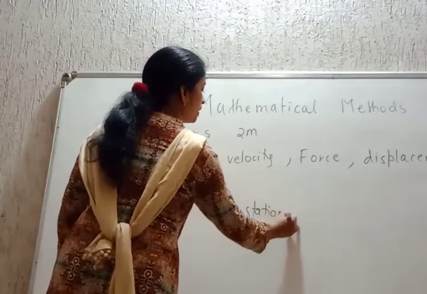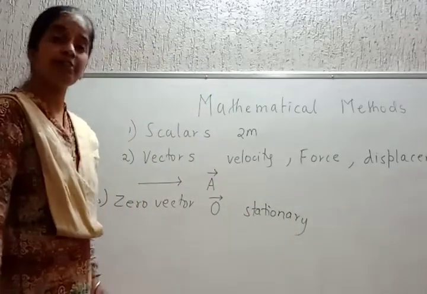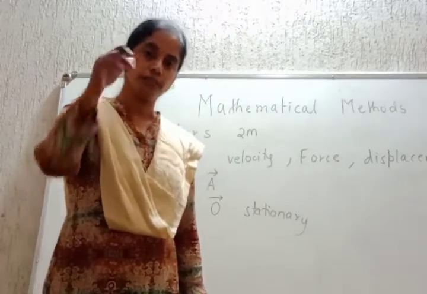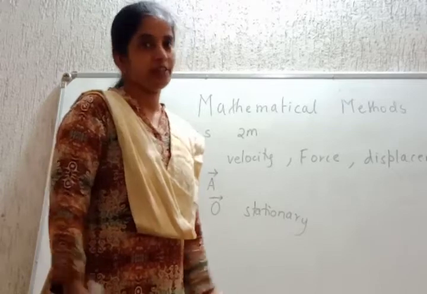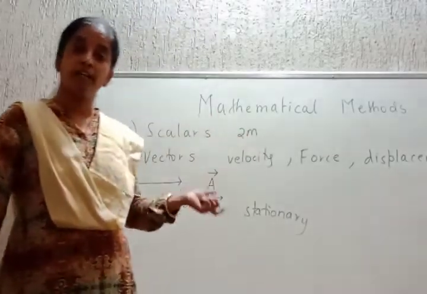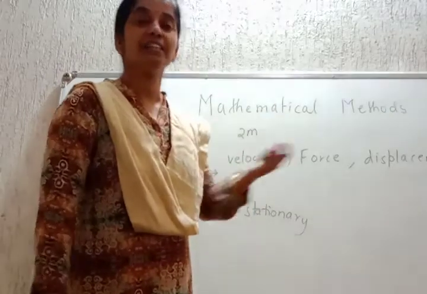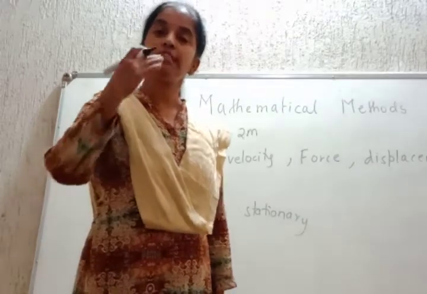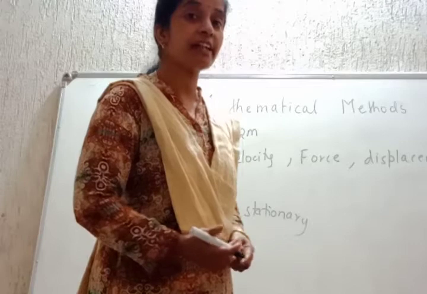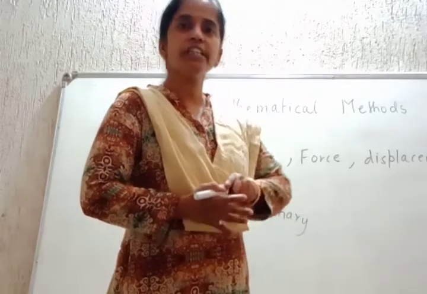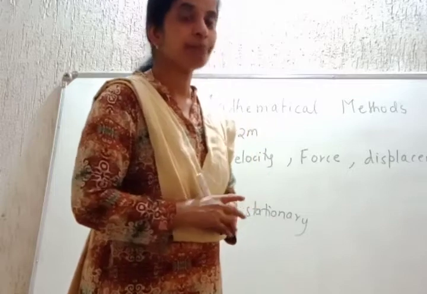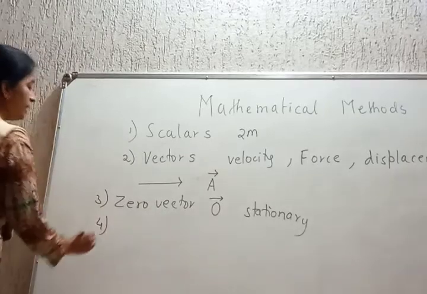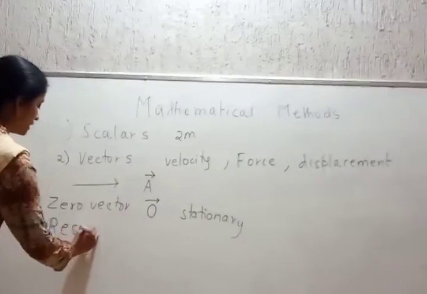If there is a stationary body, stationary means what? A body at rest. If you want to measure the velocity of a body at rest, what is the magnitude of velocity? 0. But it has direction. So, a zero vector is a vector with zero magnitude but a particular direction. Next, you take acceleration of a body moving with uniform velocity. Suppose its velocity is constant. What is acceleration? Change in velocity. Velocity is not changing, means acceleration is 0. That can be called a zero vector. Definition number 4. Concentrate. Resultant vector. It is the same as the resultant from school.